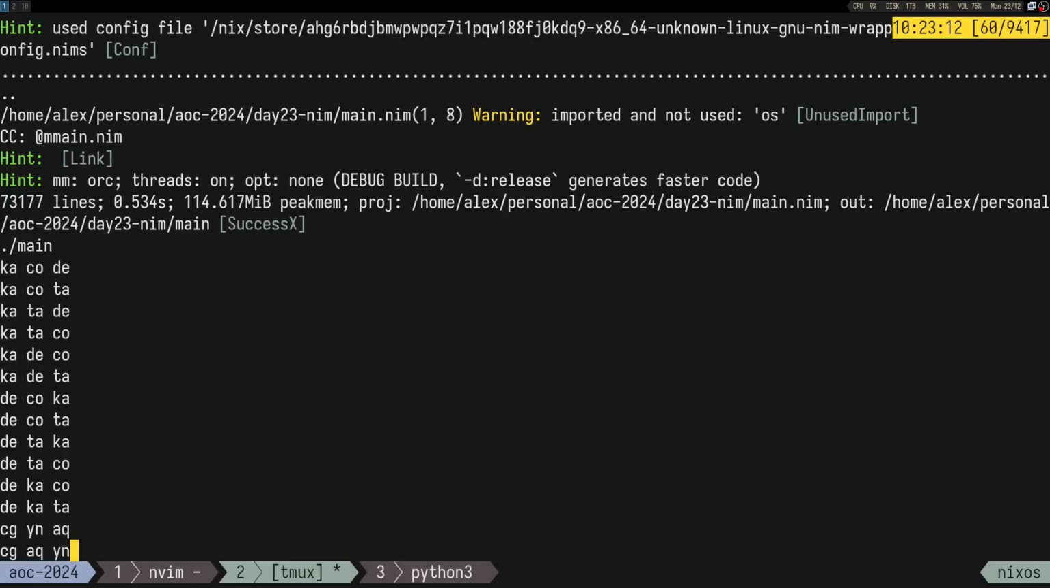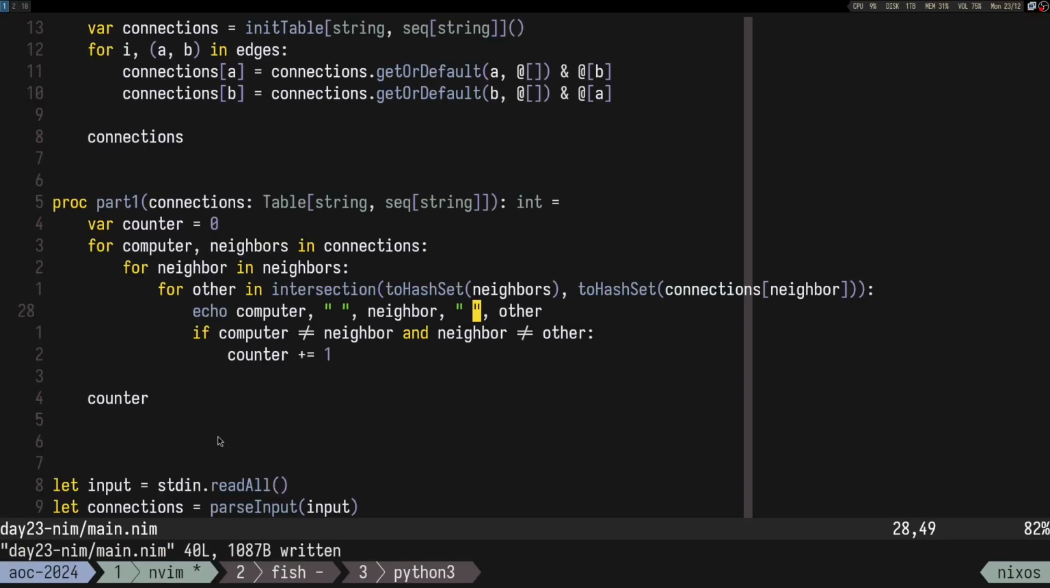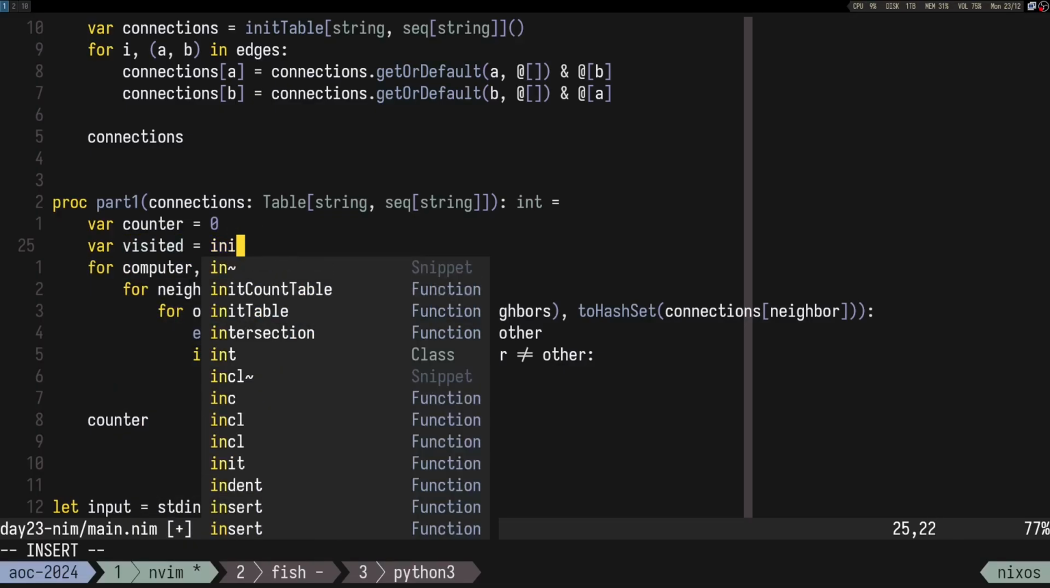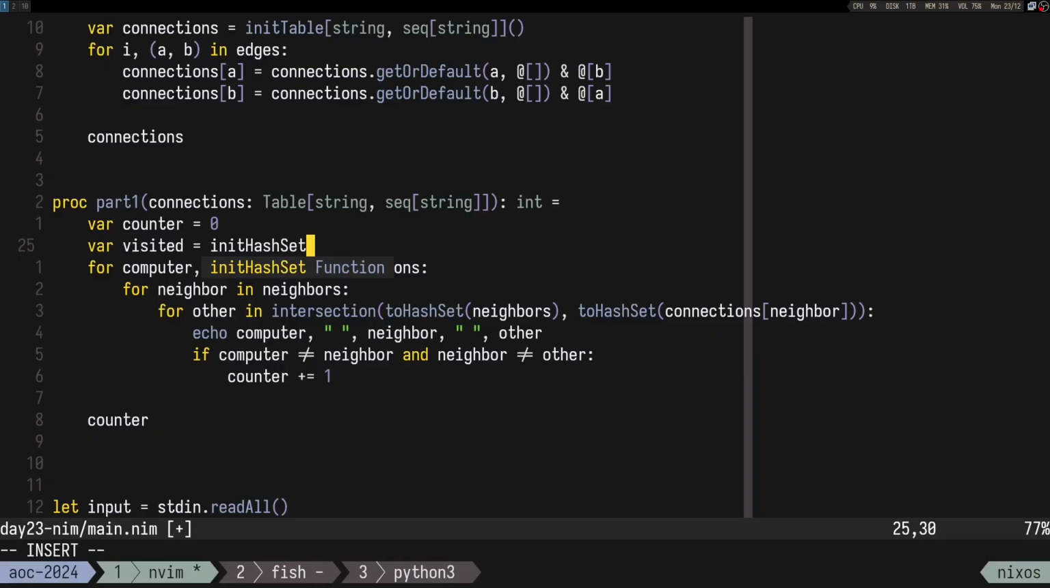Code. Wait, what? Yeah, see, it repeats itself. So I mean the easiest way to get rid of that is to maybe have a var visited, init hash set, and it's gonna be a hash set of